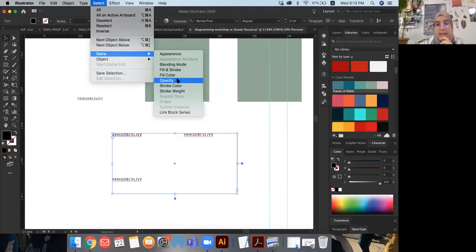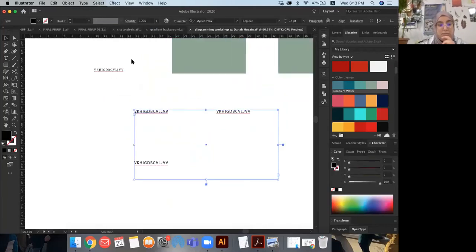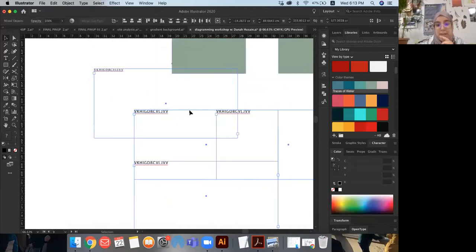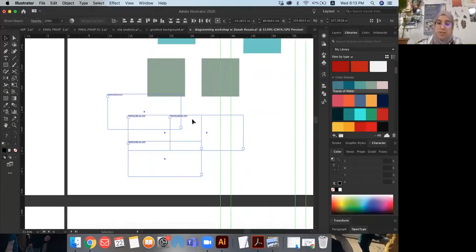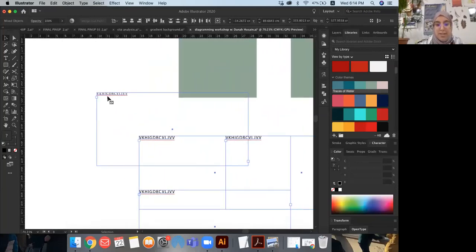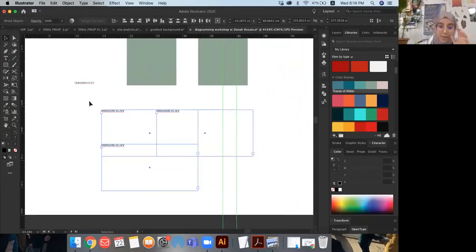Let's say the color. It's actually select appearance. That's strange. I think because it's the same word or letters. Anyways, you can use it and it makes life much easier because, for example, I need it